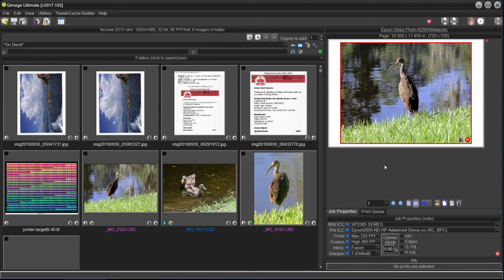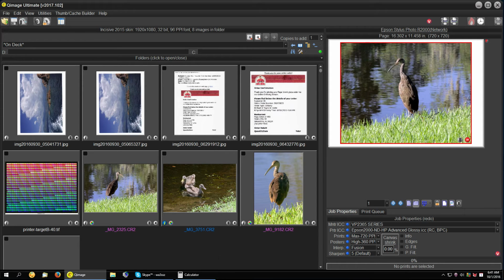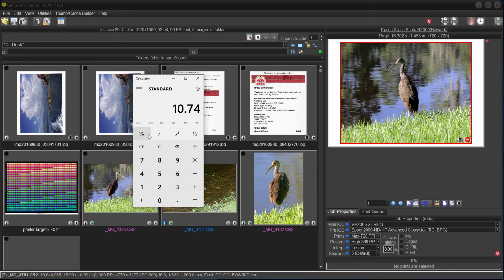Okay, last thing I think I want to show you is this. If you look here at the hotbar again, at 600 ppi, look at the resolution just to the right of it, 4797 by 6444. Okay, now I'm going to just pop this open here because I wanted to show you how I got that. Okay, if we take the 6444, see the number there? Okay, and we put it in the calculator